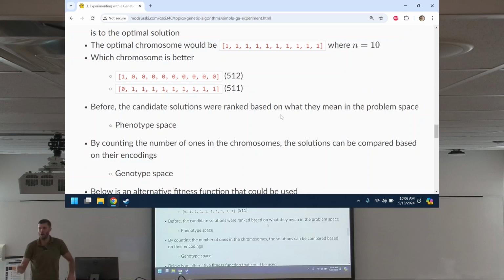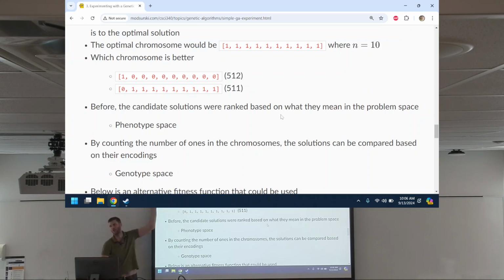So that would be analogous to your existence in your problem space, but your DNA is like your encoding. So phenotype is what it represents. Genotype is the encoding of what it represents. Cool? Phenotype, you can sit down. Phenotype space is the problem space. Genotype is like your encoding space.